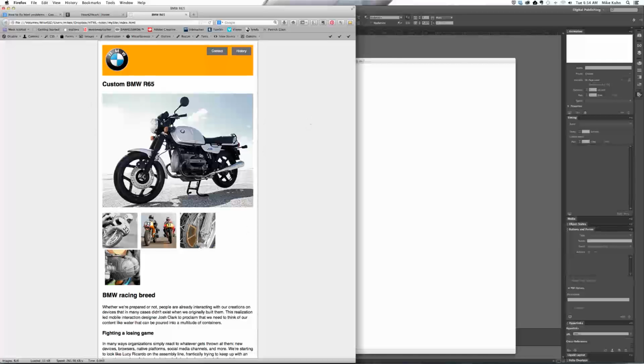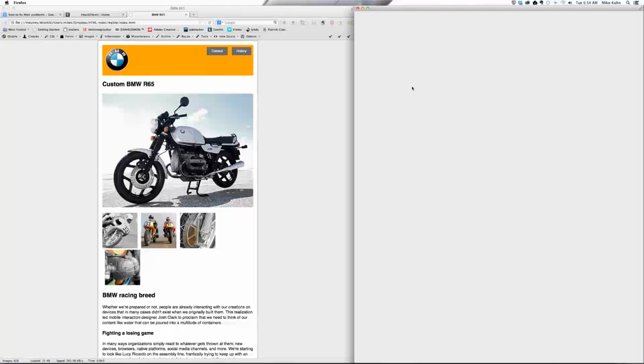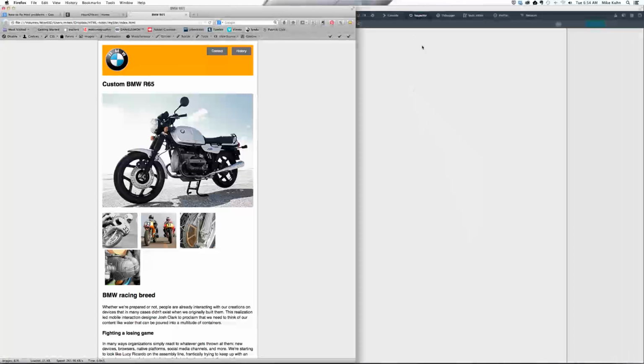So over on this side, what you can do with Firefox, there's a couple of little tools that you can use. One's called Web Developer, which is an add-on plugin, and another one called Firebug, which is for Chrome and Safari, which does similar sorts of things. So what I can do is I can just right-click on any area here and go Inspect Element, and what that'll bring up is a